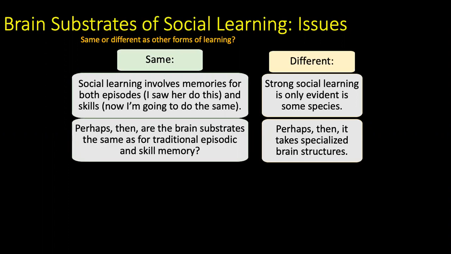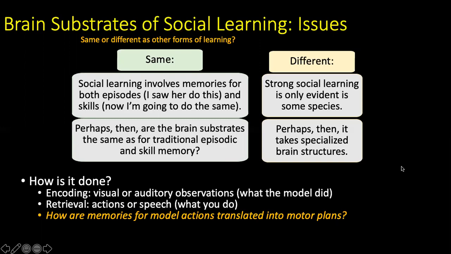But on the other hand, we know that really strong evidence of social learning is only evident in certain species. Humans and other species are really good at social learning, other species are not. So maybe there's something different about the way that we learn, and chimpanzees and dolphins and other similar animals of higher intelligence. And so maybe we have some more specialized brain structures, or at least some networks that work a little bit better than in species that aren't able to do this, right?